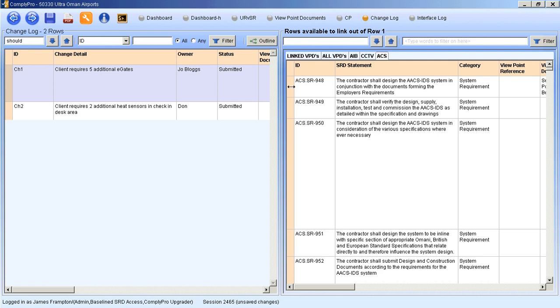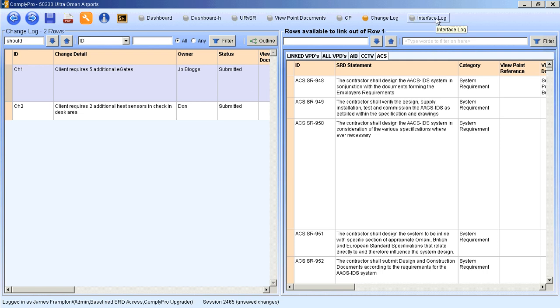That's not just going to affect one statement within a particular system. It's going to affect multiple statements. The e-gate might require new VDUs, new desks, new positions, new cameras, and so on. So all of the items that are going to be affected by this change need to be linked by reviewing the specifications to the right. Once we've done that, our change can be progressed through its status flow and then closed out or incorporated